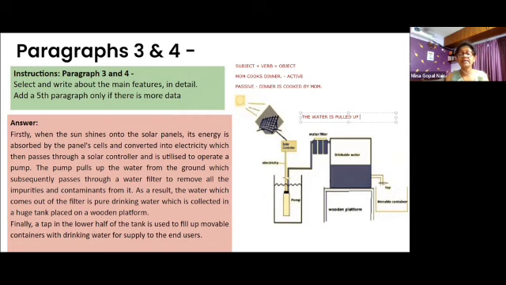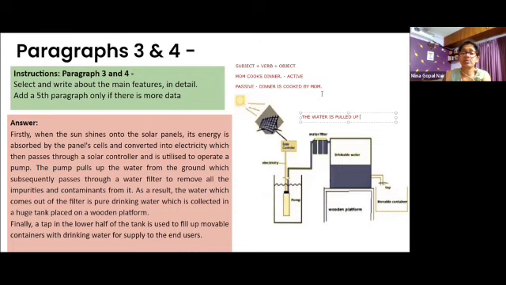We have written that the pump pulls up the water, which is the active voice. So it is saying the energy is absorbed by the panel cells. So actually the active voice is the panel cells absorb the energy. But here we have used the passive voice. Okay, good. So this is how we tend to use more of the passive voice when we are doing